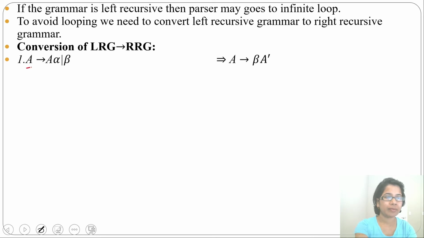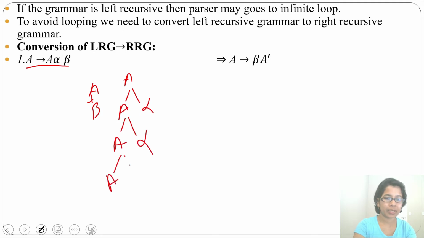Here this is the left recursive grammar. From A, you can derive A alpha or beta. Now what is the language for this? From A, you can generate simply beta. Then from A, you can generate A alpha. Then from this A, you can generate A alpha again, and from this A, you can generate A alpha, and here you can generate beta. So what will be the regular expression? The regular expression will be beta alpha Kleene closure: beta followed by any number of alpha.